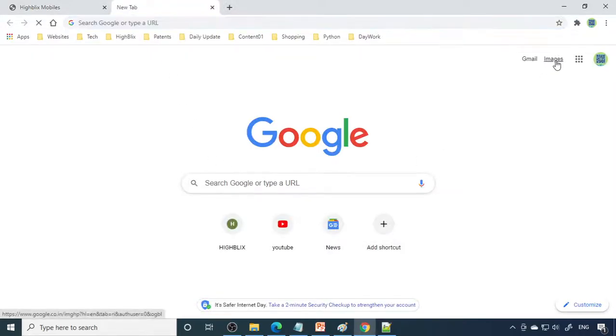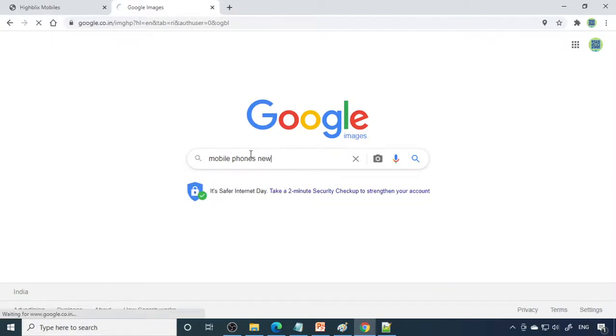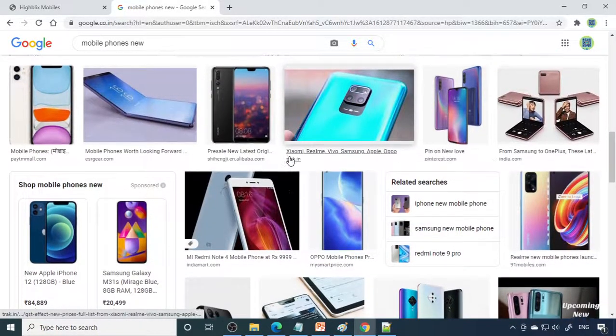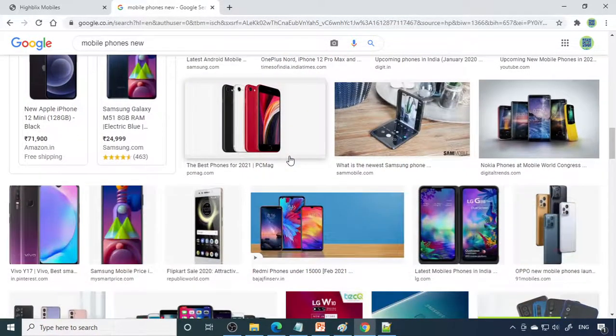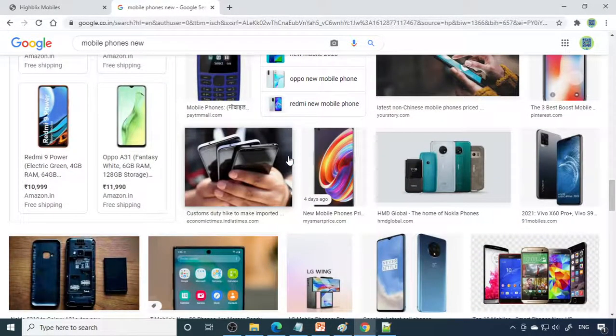So next we want to put some pictures here, some mobile pictures. I'll go to Google Images and write mobile phones new. Fine.